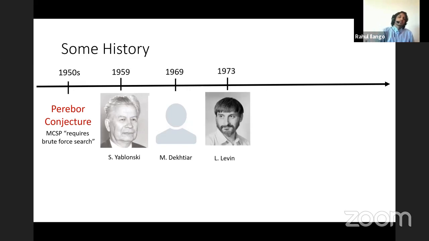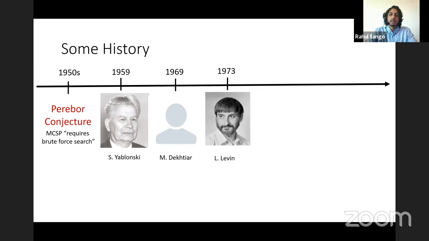And then again in 1973, when Levin published his famous version of the Cook-Levin theorem, which basically established the theory of NP completeness, he actually delayed publishing his proof because he wanted to capture MCSP within this framework. He really wanted to show that this parabolic conjecture was kind of equivalent to this question of how fast can you solve SAT. And so you have this really long history that begins in the Soviet Union,